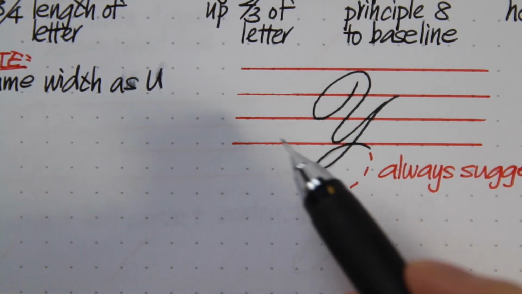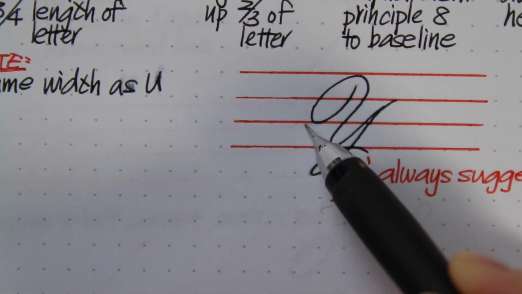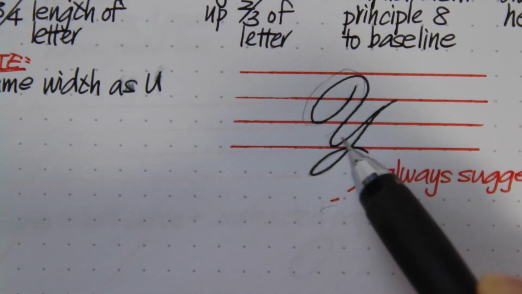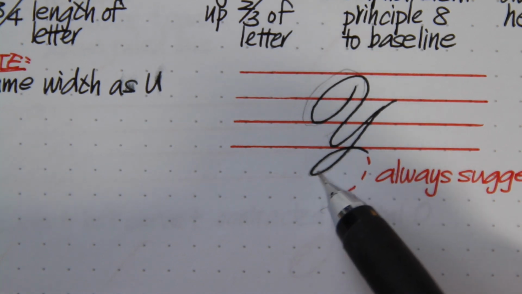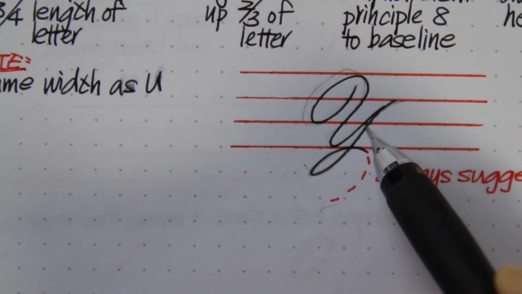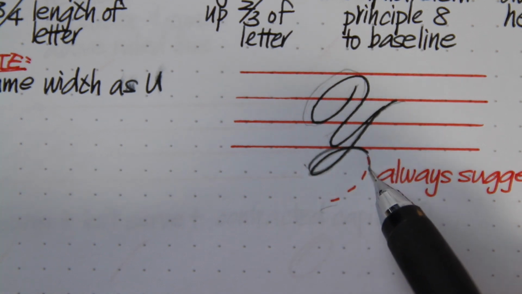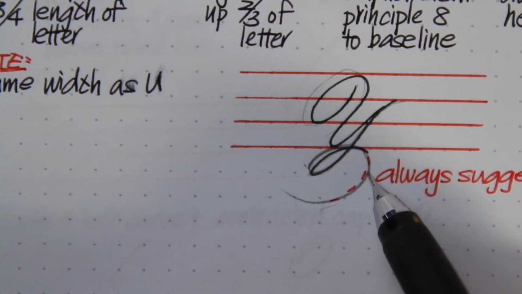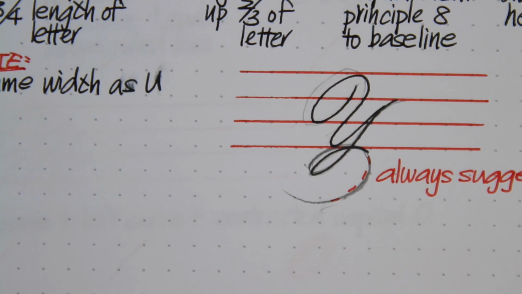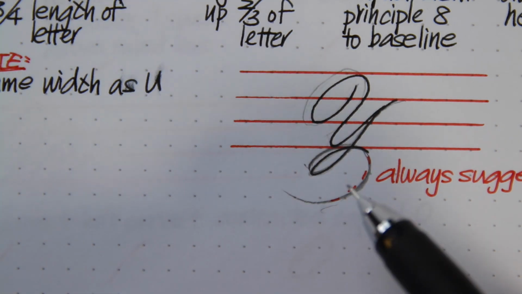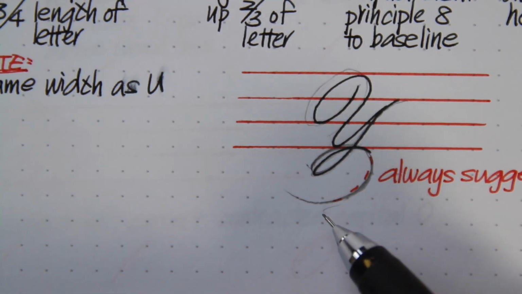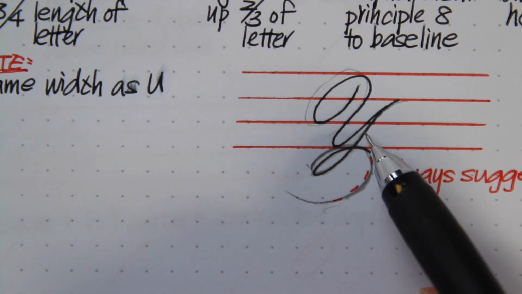Other adaptations of the Y, you can substitute the principle 7 for an oval loop, and instead of ending it in a dot, you could continue your capital stem into whatever potential oval you see fit. There are, as I mentioned, many, many, many variations of each letter. My goal is not for me to present every single variation for you and for you to learn them by memory. The goal is for you to see and create your own variations,